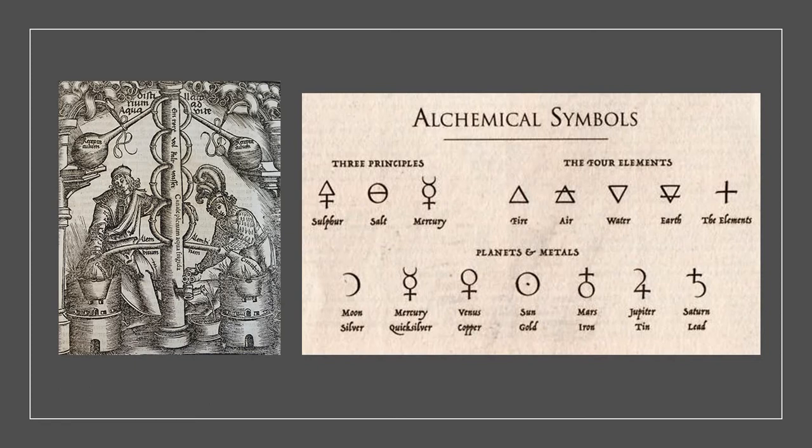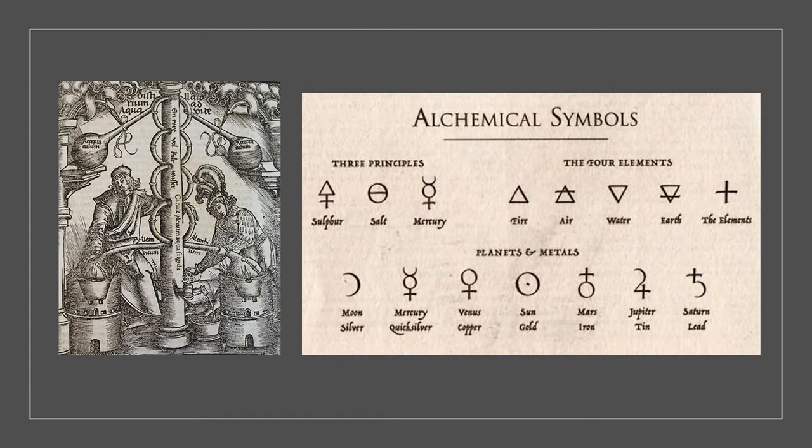Originally, chemistry was part of what is known as alchemy, and that was back when people were just kind of trying to throw things together and see what you ended up with. You can see over here on the right, the four basic elements were fire, air, water, and earth. And you'll notice all of the strange symbols that were used by the alchemists.